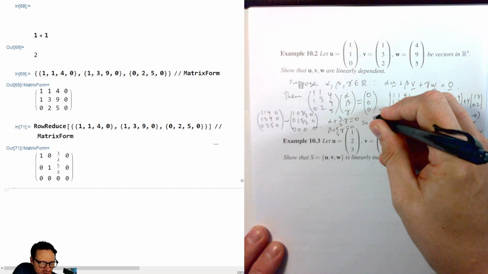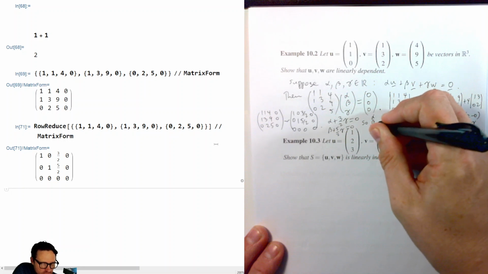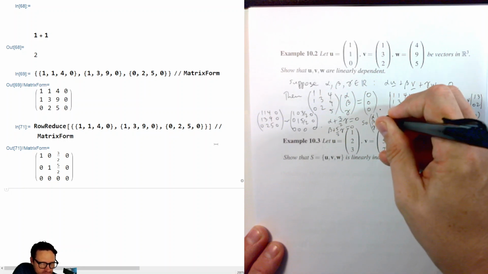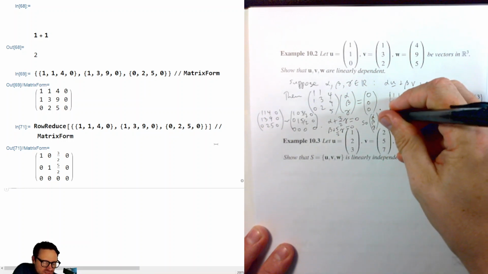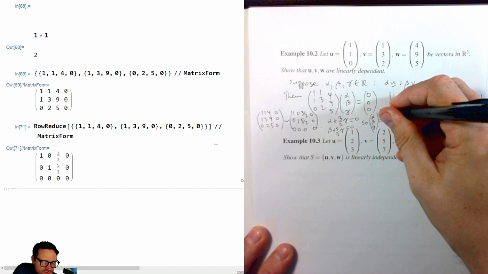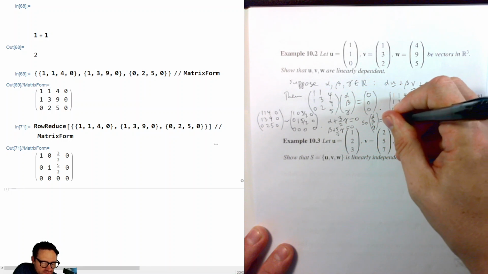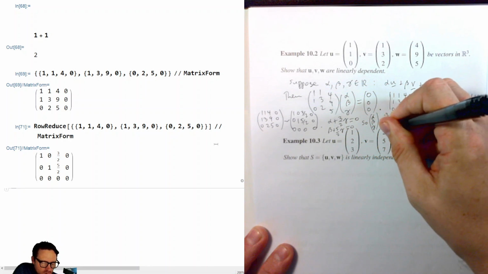And so we can write alpha, beta, gamma in terms of just gamma. So we've got minus 3 over 2, minus 5 over 2, and 1